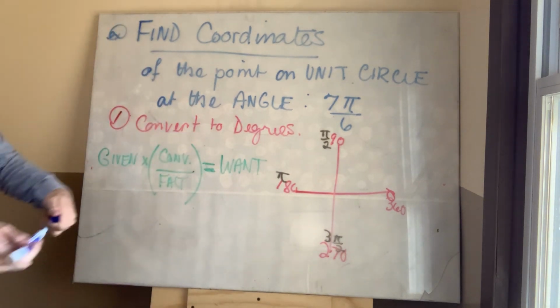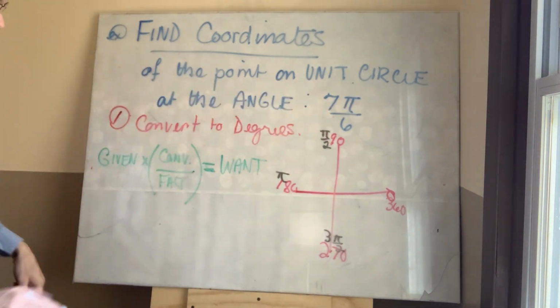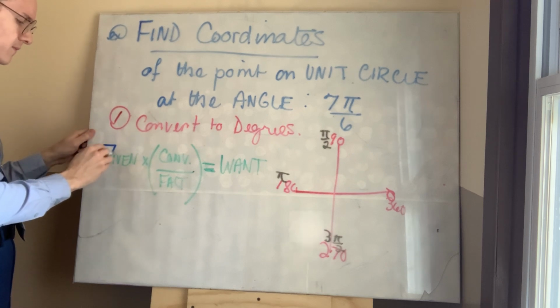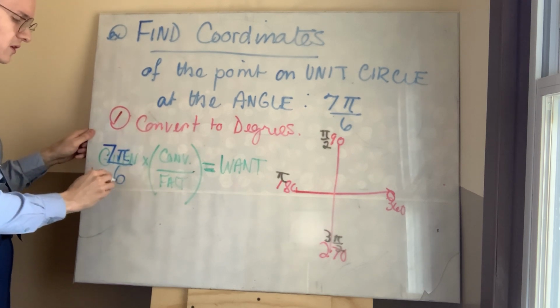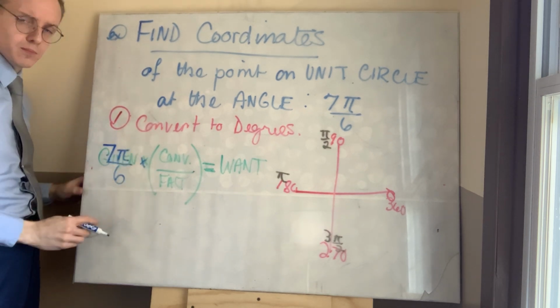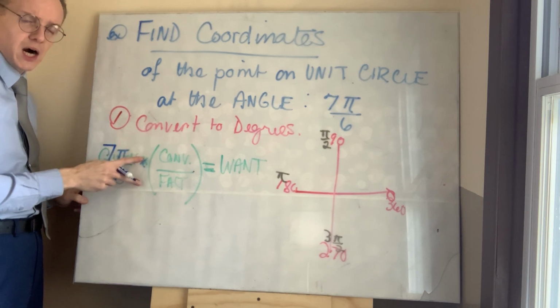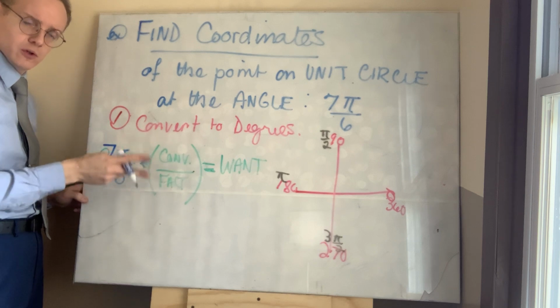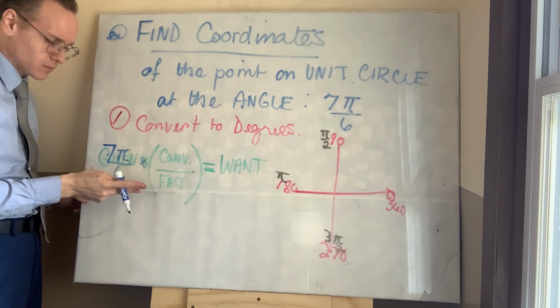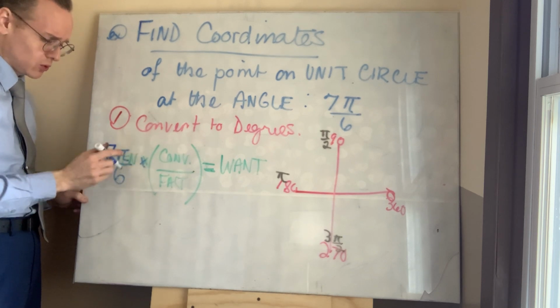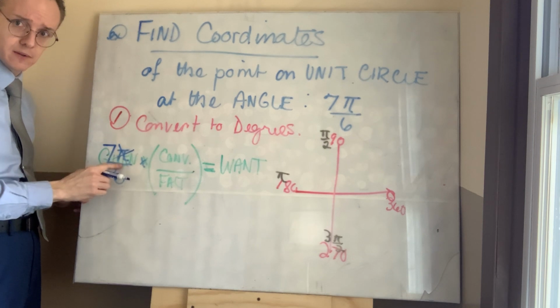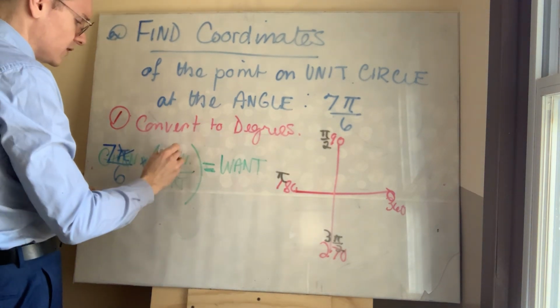If we are given the ratio of 7 pi over 6, I'm going to put that here. It's already in the style of a fraction. I'm going to multiply by the appropriate conversion factor. Remember, there's only two: pi over 180, or 180 over pi. You want to choose the one that causes the cancellation of pi here. So I'm going to go with this one,